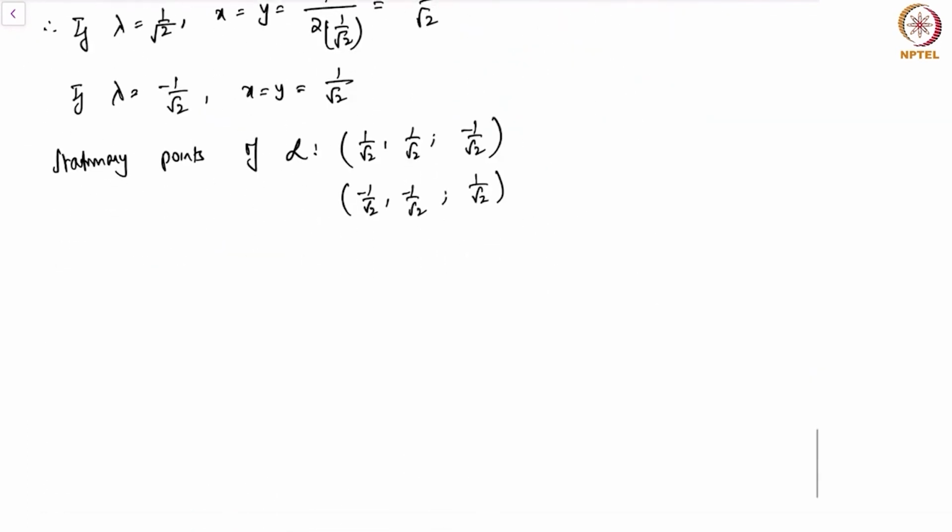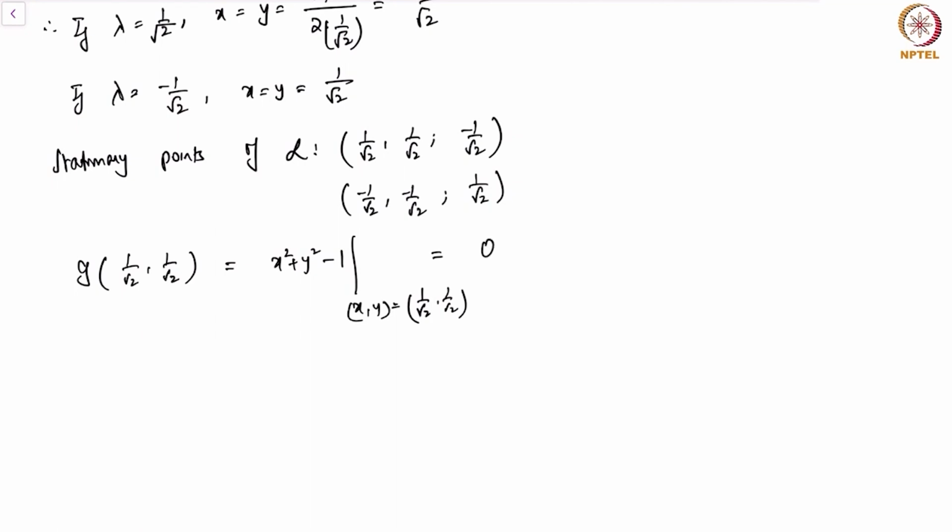I would like all of you to try and confirm that g of 1 by root 2 comma 1 by root 2 is simply x square plus y square minus 1, and that's my g with x comma y equals 1 by root 2 comma 1 by root 2. You can clearly see that if we substitute this, x square plus y square becomes half plus half, that's 1 minus 1, and this goes to 0. This implies this point is on the constraint, and the original value of the function f of x comma